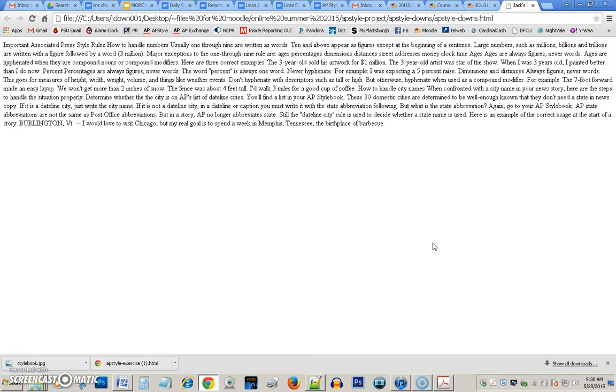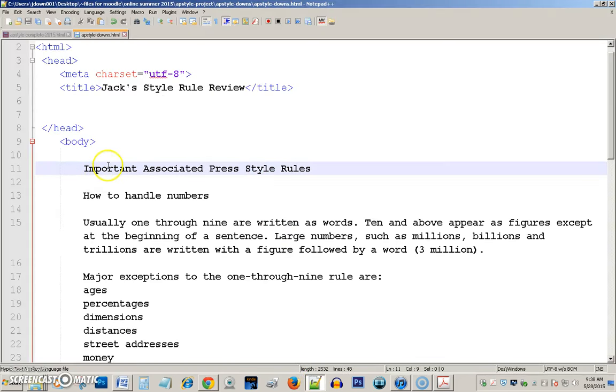What kind of structure should we add? We're going to add paragraphs, headings, and lists. So let's add some structure here. I'm going to get started as you will. We're going to add an H1 and close an H1. And this is a good place